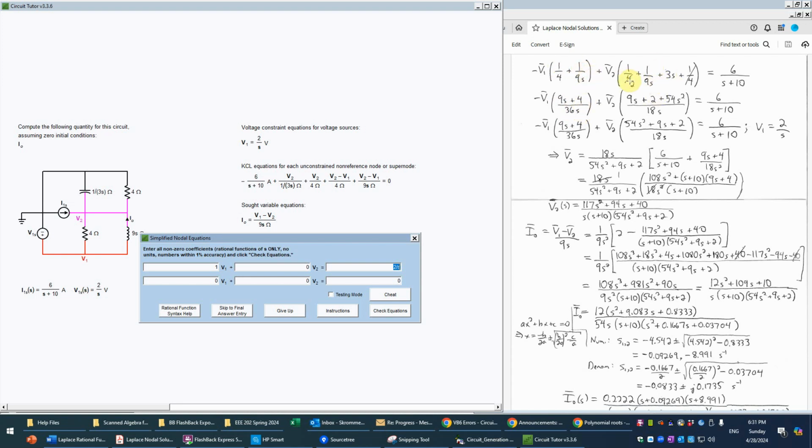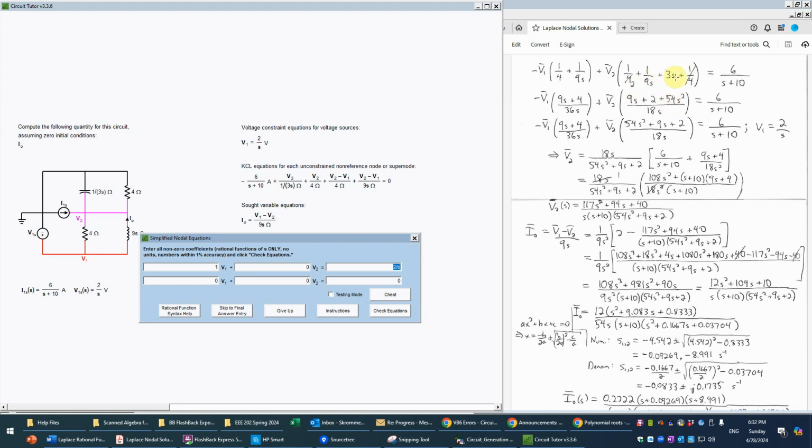Then we do the same thing over here for the coefficients of V2. So we observe here we have a 2 and a 9s in the denominator. So that'll be 18s altogether since there's no common factors there. So now we multiply this first one by 9s over 9s. So that just gives us a 9s here. Multiply this by the 2 over 2, and that gives us a 2 in the numerator. And then the 3s has to be multiplied by the full 18s since it doesn't have a denominator,